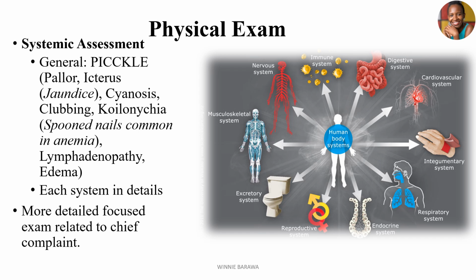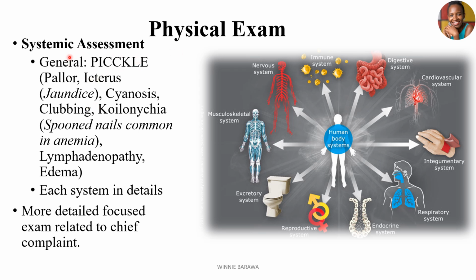But if we decide to do the systemic assessment, it is organized in such a way that we have to describe each and every part of a system in the body. So the systems in our body, there are almost 11 systems, depending on how we subdivide them. But also we flow with the first general exam, just like in the head to toe. So in the general survey, there are specific ways of how we describe this under the systemic assessment, and we can